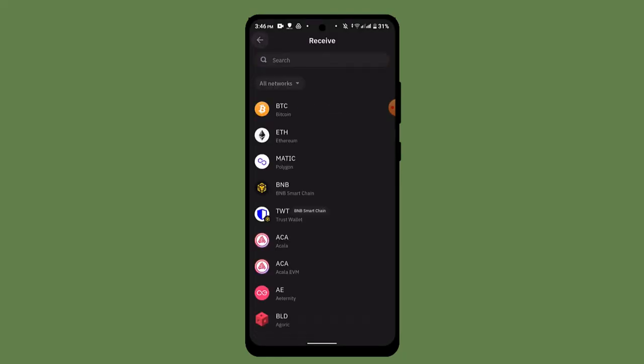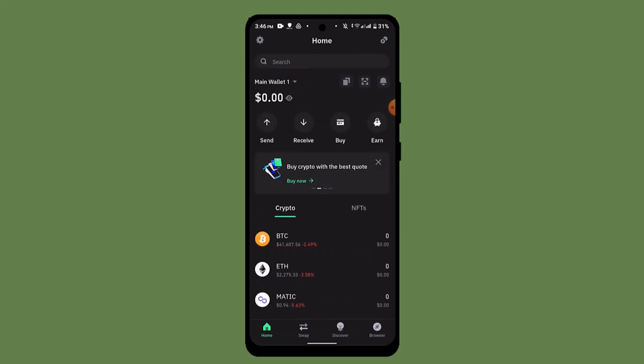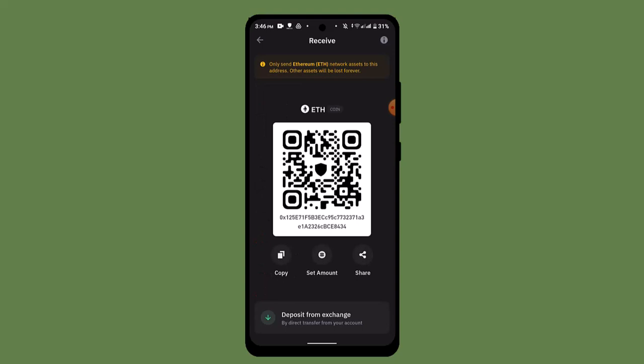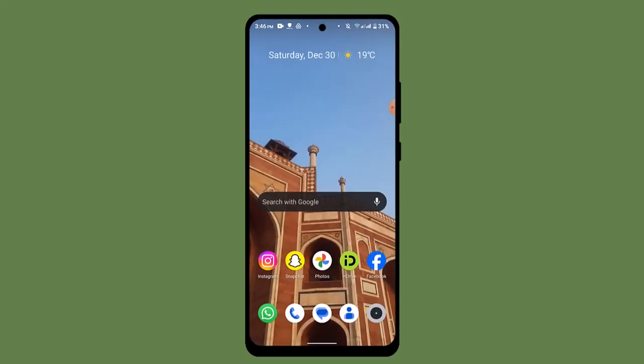Now first of all, you need to select receive since you're receiving the cryptos, and select the cryptocurrency. After you select the cryptocurrency, you can simply go ahead and copy the wallet address or QR code. Once you're done with copying all of this information, exit out of your Trust Wallet and then log into